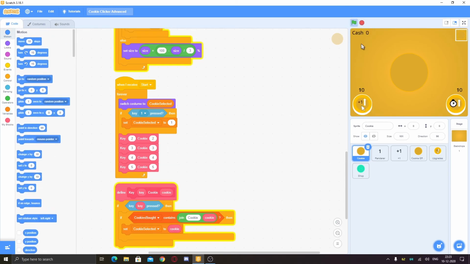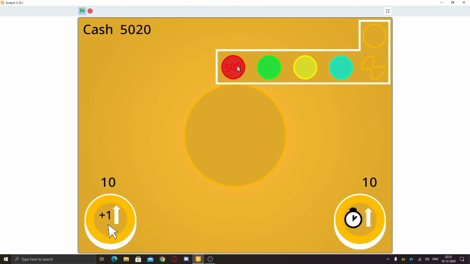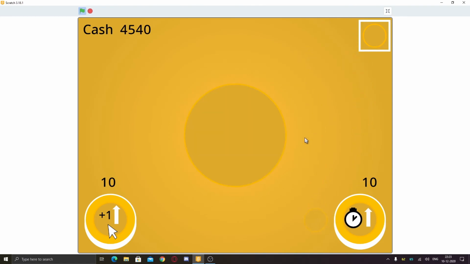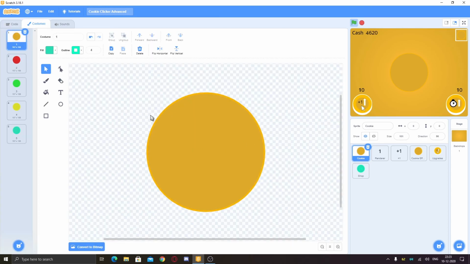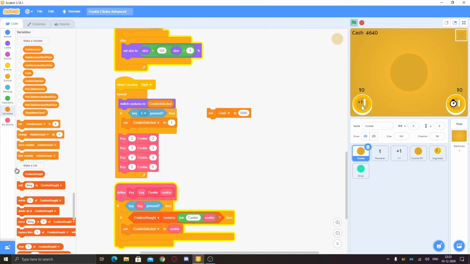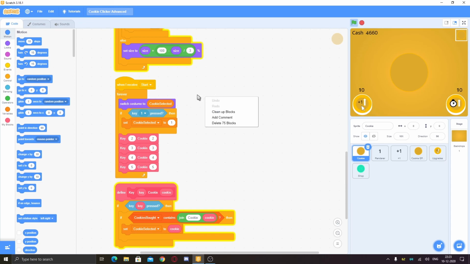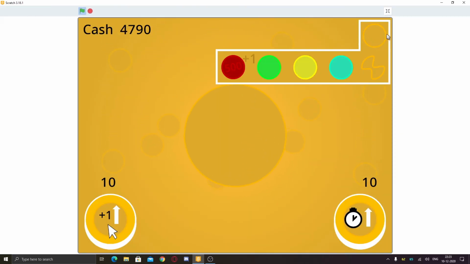So when I press 1, it will be back to our cookie. Now you can see when I play and switch to costume 2, I can go back to 1 without putting it anywhere. If you don't want to make this script, you can just put this as a main cookie and just put it in the list. But I don't think that's very important, as it won't make any difference. So let's just leave it here.